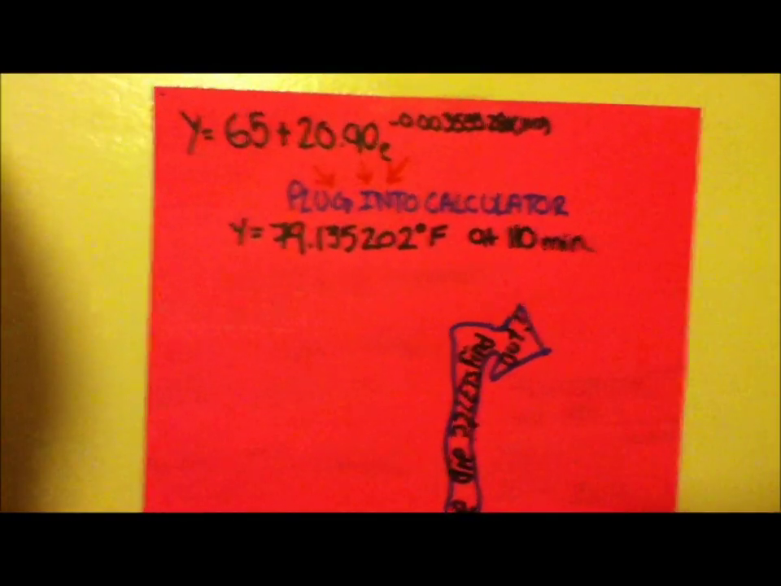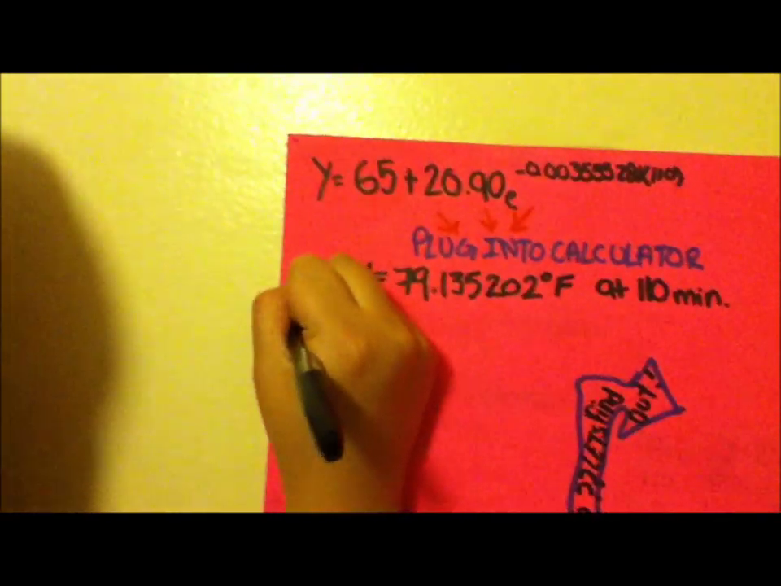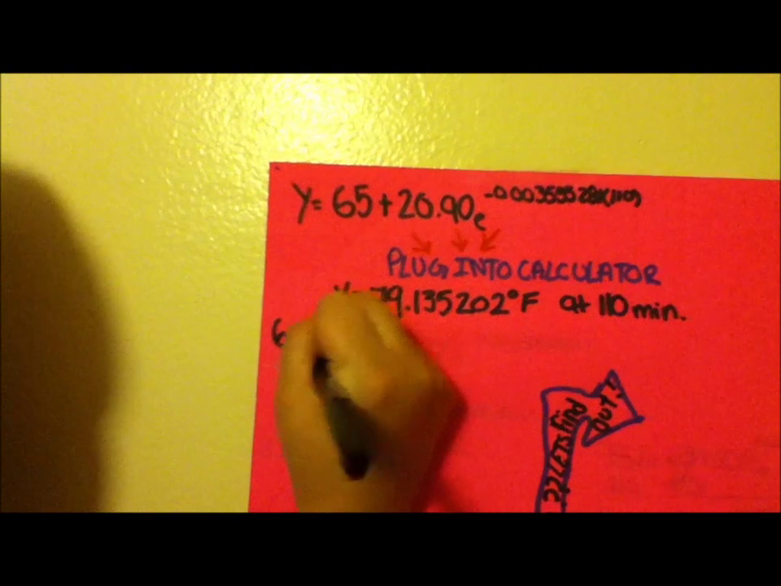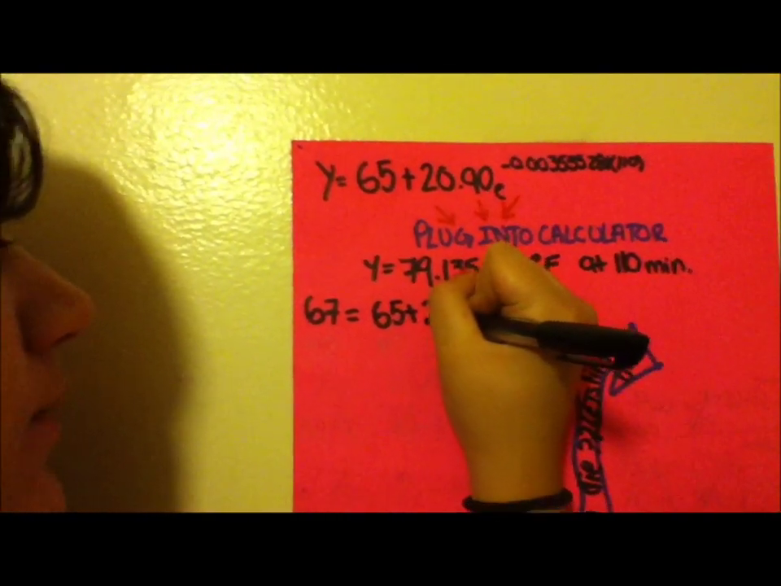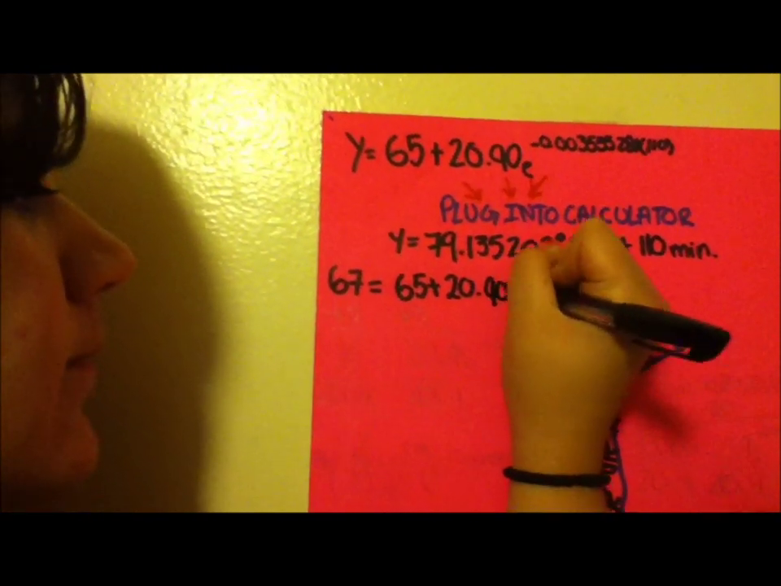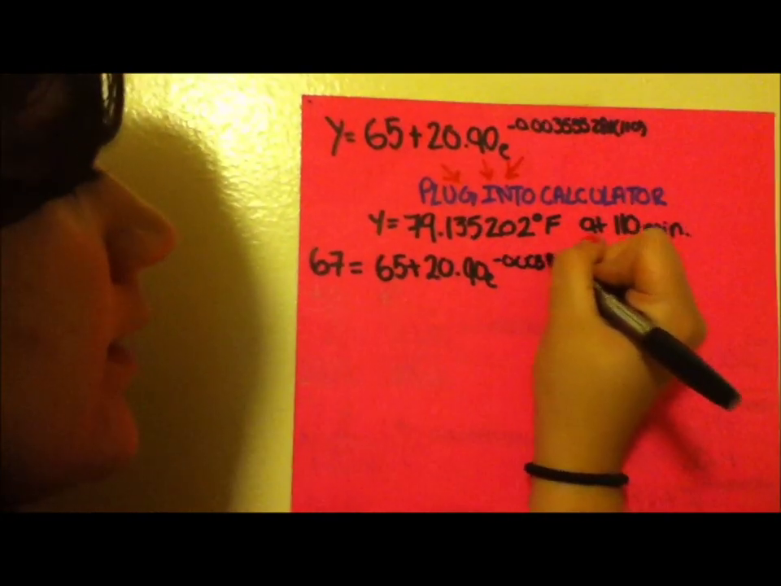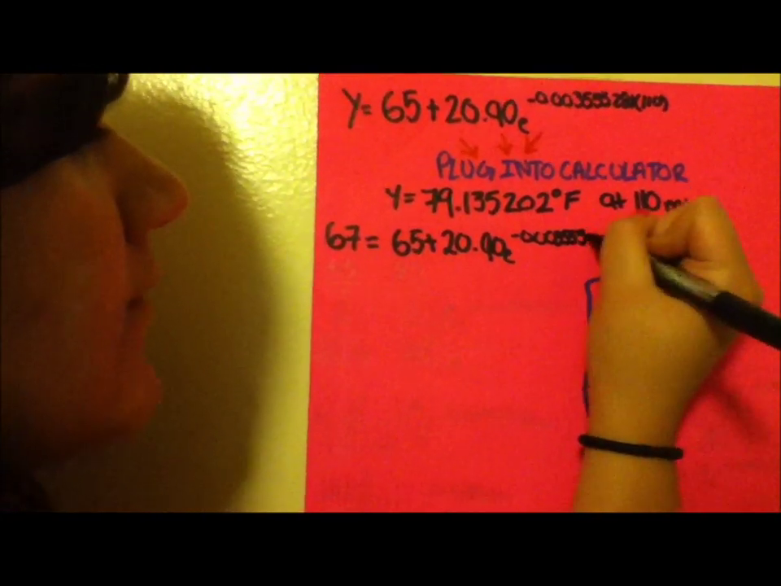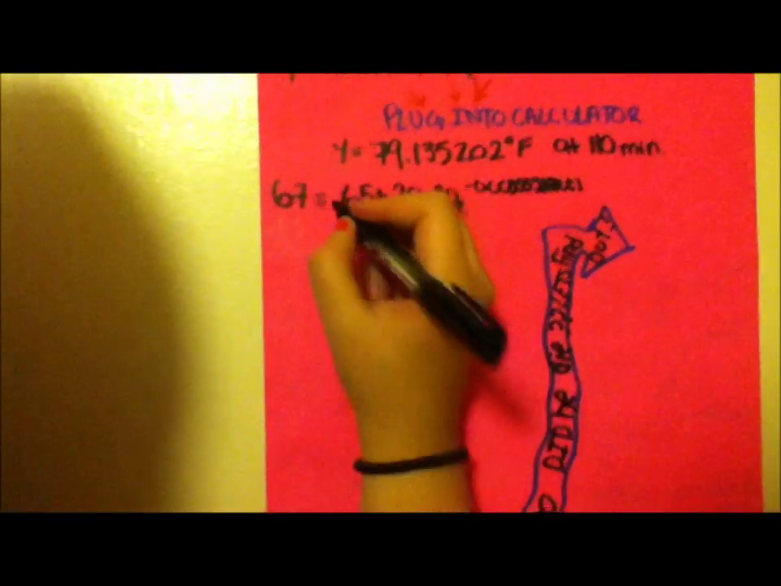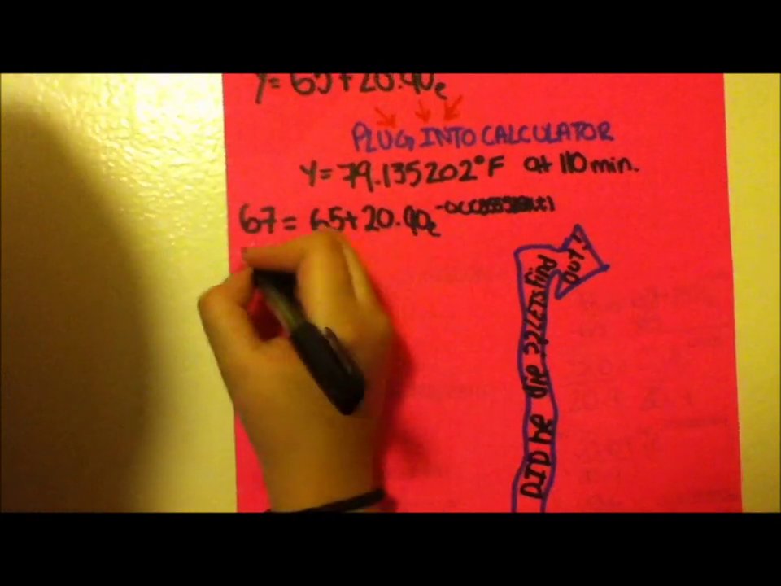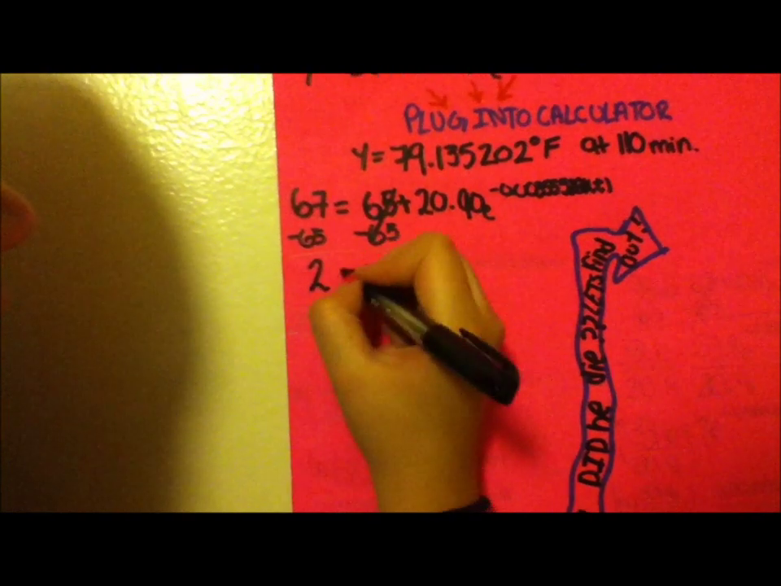We can now move on to see at what time the body was 67 degrees Fahrenheit. At 67 equals 65, our ambient room temperature, plus 20.9 e to the negative 0.003555281 times t. We subtract 65 from both sides. These cancel out, and you're left with 2 equals